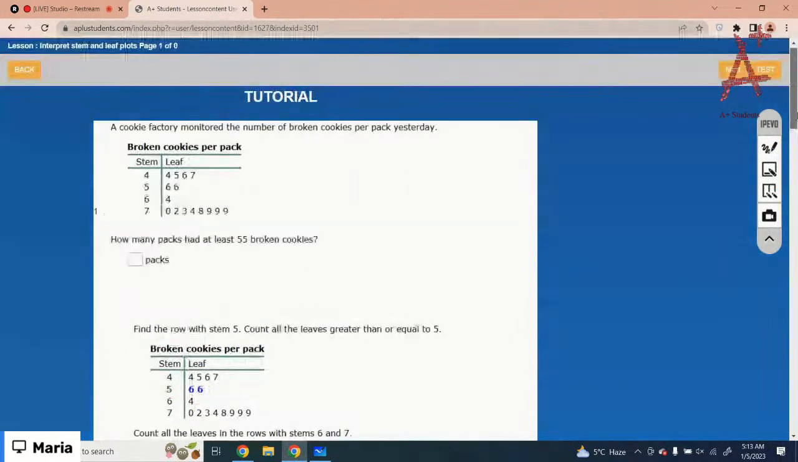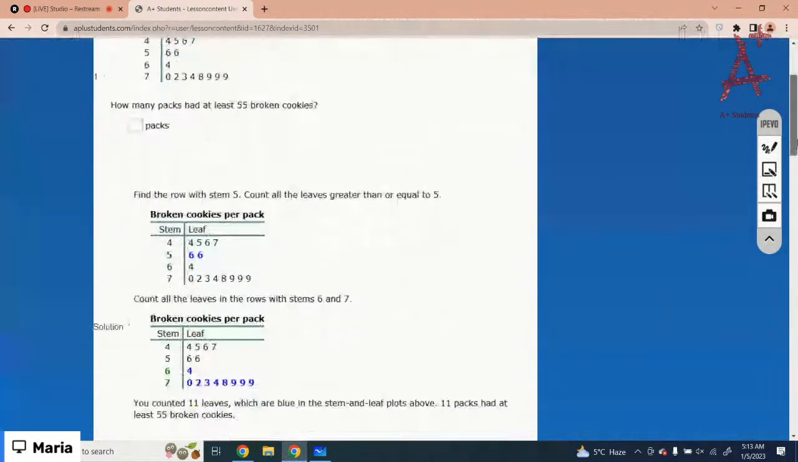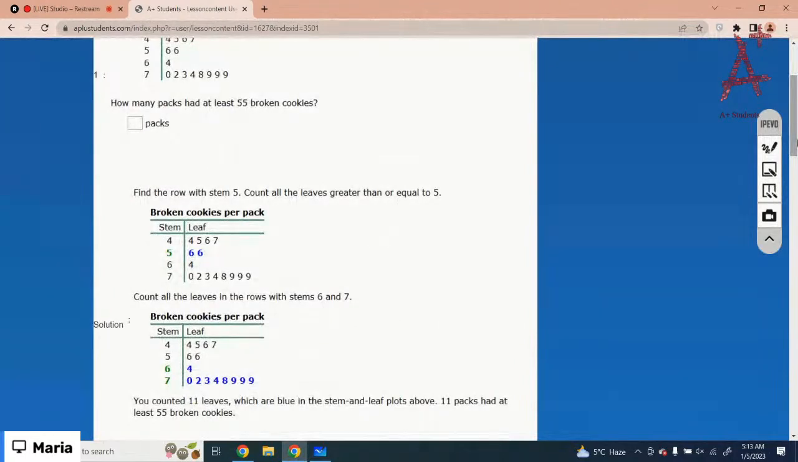Okay, count the values that are more than 55. Got it? So more than 55 you have 56. Both of the values are greater than 55. Then you have 64, 70, 72. All the values starting from 56 until the last, they all are greater than